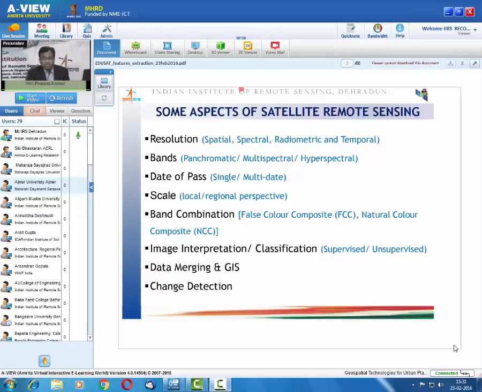Later, remote sensing data has also got usage in the time domain for change detection. When it comes to resolution, we have a variety: spatial, spectral, radiometric and temporal. When it comes to bands, we have products from panchromatic, multispectral and hyperspectral. Date of pass means the selection of the date of pass of the satellite is very important from the feature interpretation point of view. Again, in the context of urban planning, scale is a very serious issue